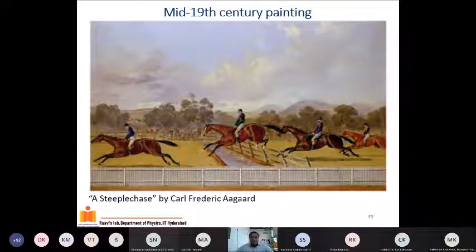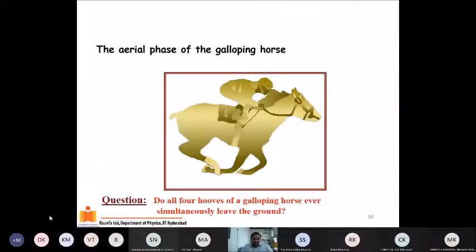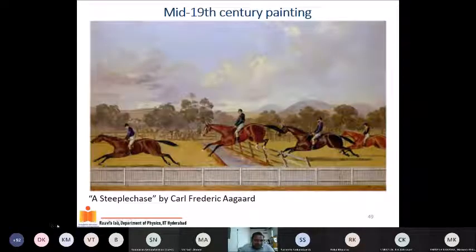Okay, so the main aspect about this figure is that it is done in the mid-19th century, which was before the photograph was invented, and as per the artist's visualization of how the horse jumps, these horses are all painted with the hoofs pointing outwards. Okay, hoof is here and this here. If I can get my laser pointer, you see this one and this one are away from each other, and all 4 are in the air.